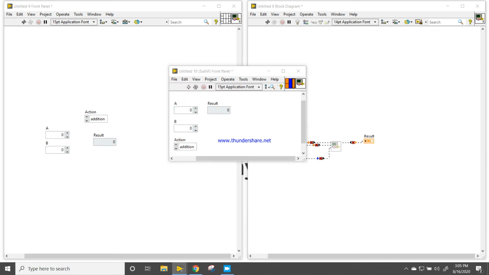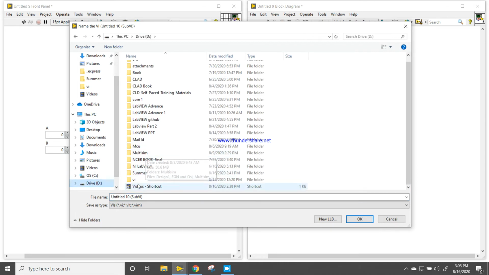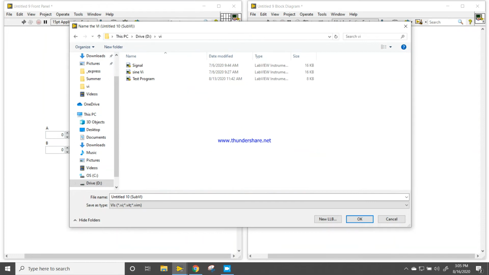I want to save it inside the VI folder on the D drive, and my sub VI name will be arithmetic VI.